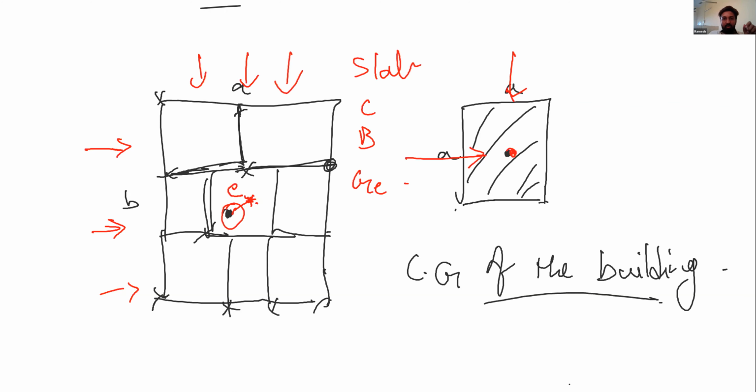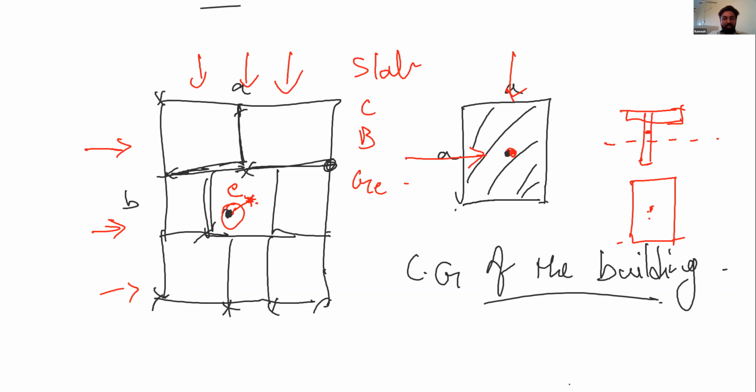CG atu to move avutundi correct ga undadu. For example, if you take a I section, if you take a T section, where the CG will be there, the CG will be there somewhere over here. It's going to be there. It's not going to be exactly at the center, right? Similarly for the building, if you take a rectangle, then the CG will be over here. So here the CG, center of mass, and then the center of gravity will differ.